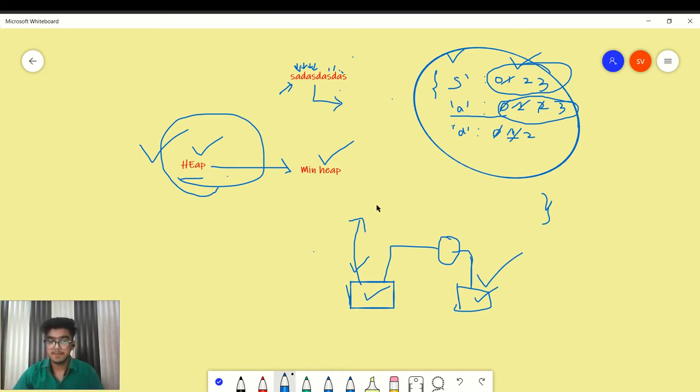Which ones? First, we write a character, whatever it is, and then its value. This is a node in our binary tree. So each node has two things, which are the key and the value. Here the value is nothing but the frequency.